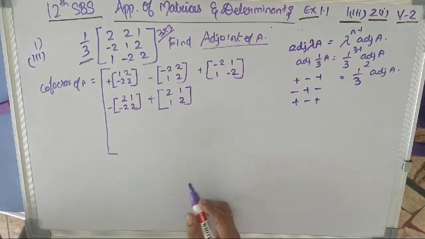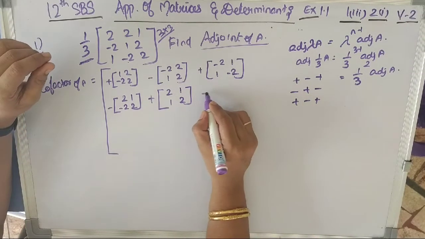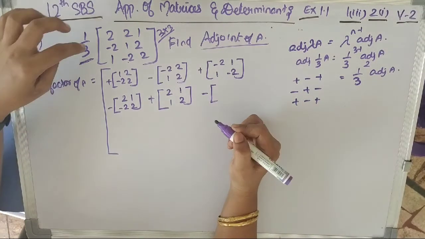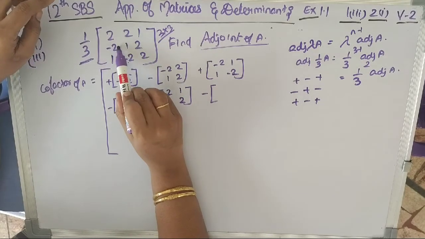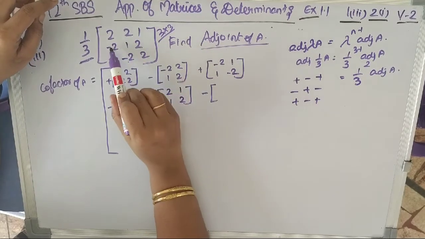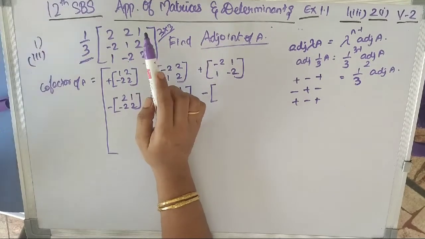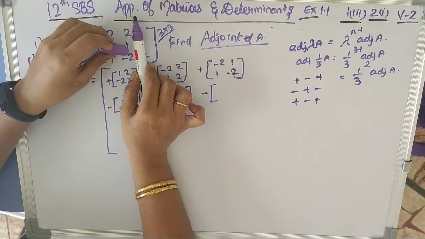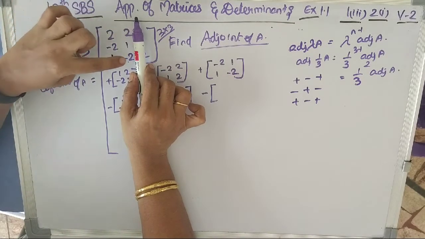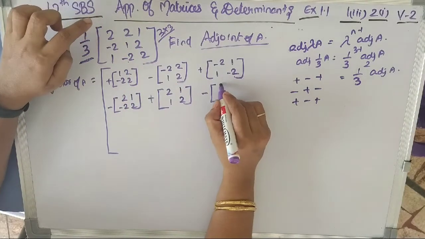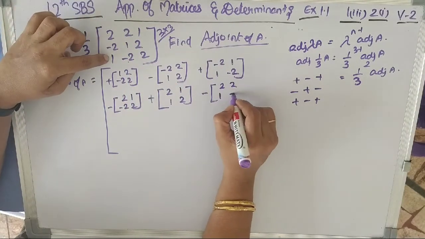Now let's write the sign convention for the next place. Do you know why I am writing it first? Because we may forget. Now where is that 2? It is in column 3 and row 2. I am going to eliminate column 3 and row 2. And what are the remaining elements? 2, 2, 1, minus 2, isn't it? 2, 2, 1, minus 2.